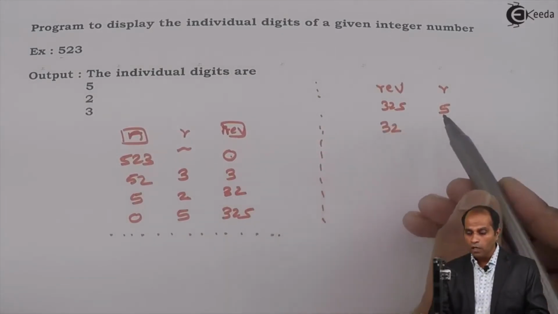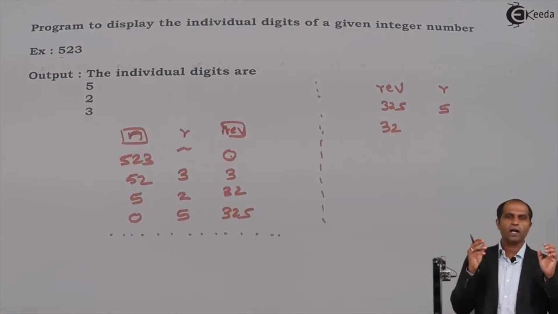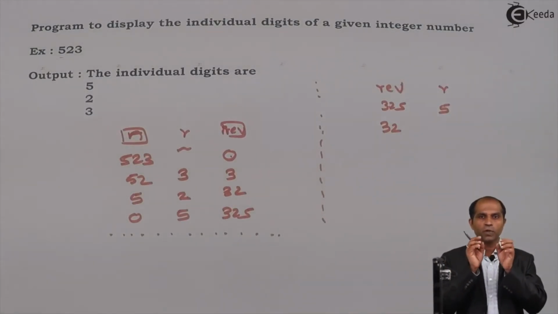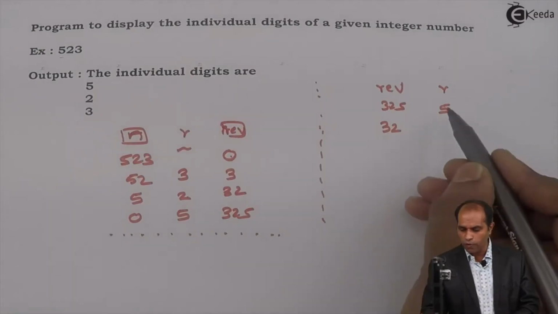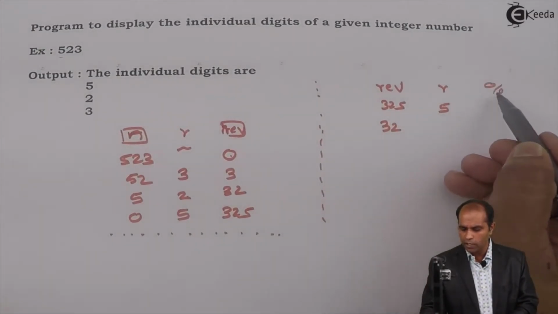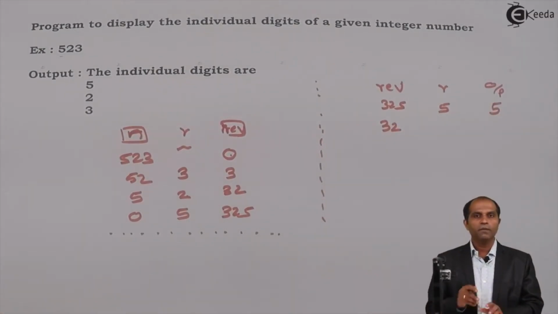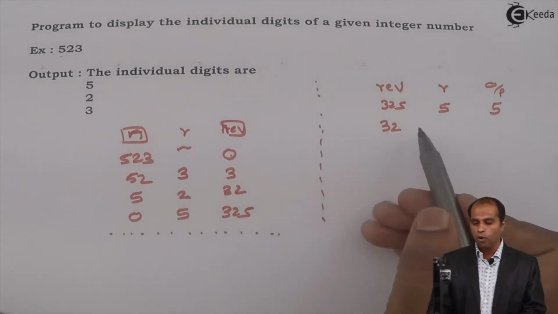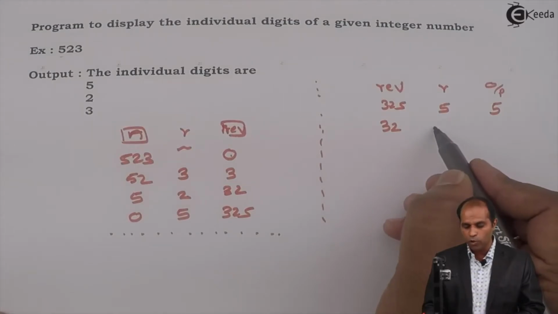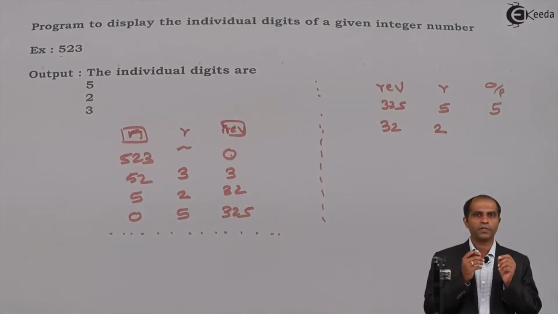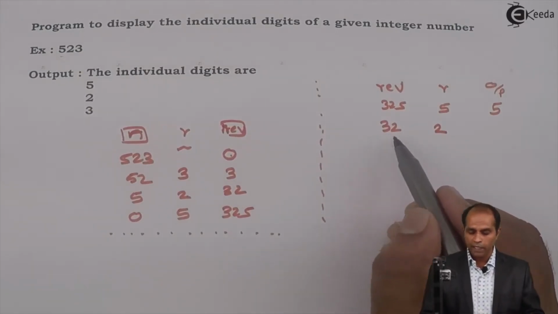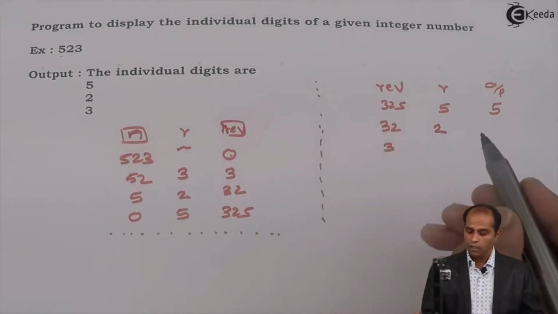32. Now what should we do with the value of r? r should be displayed on the screen, because we got the value of r as 5. So 5 is displayed on the screen. Let's say the output is 5. If I use a slash and escape sequence, it will get the cursor on the next line. So 32 mod 10. Keep on doing this. 32 mod 10 is 2. I'll spell the expression and you can spell the results for me. 32 mod 10 is 2. 32 by 10 is 3.